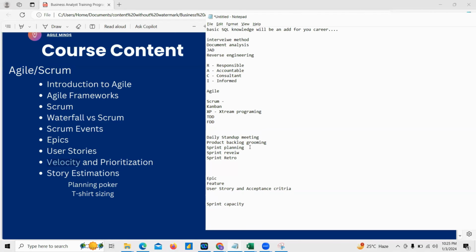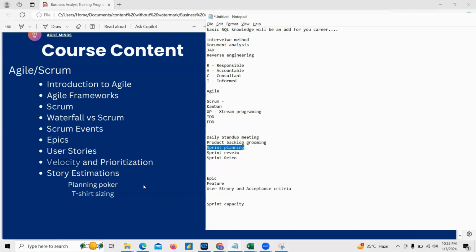In sprint planning we take the user stories into that particular sprint based on the capacity available. Basically this capacity and velocity calculation is the duty of a scrum master, but as a BA we should also know how these things are done, so we'll learn how to do this.